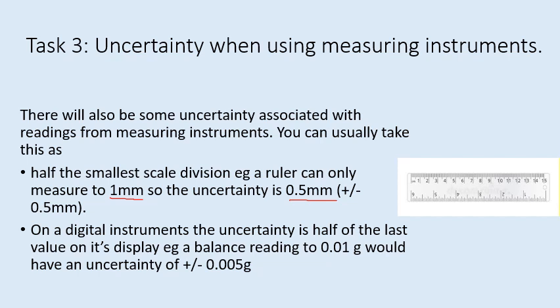On digital instruments, you look at the scale on the display, and it will be half of the last value. So if a balance reads 0.01 grams, it means that its uncertainty would be plus or minus half of that. So it would be plus or minus half,